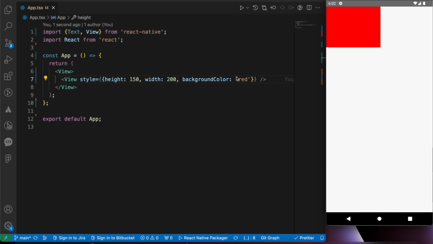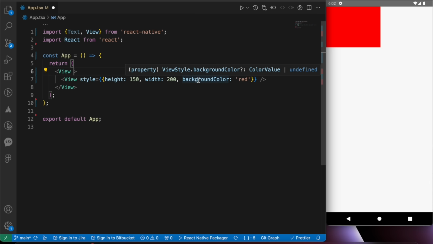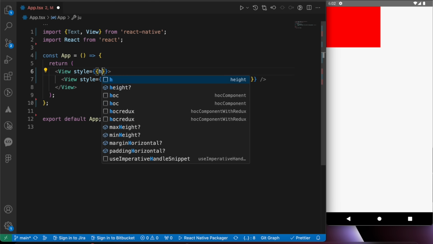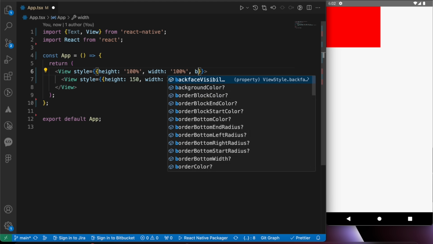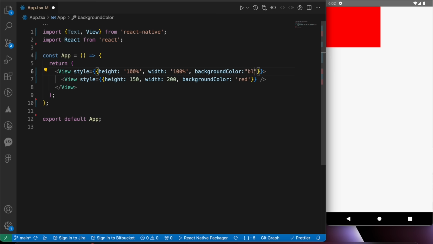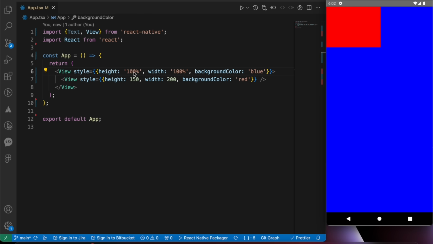Now, what if we want to make a view that fills all the screen? That's pretty simple. We can give it the styling of height of 100% and width of 100% and background color blue. If you see here, we have this view with 100%. That means 100% of the entire screen height